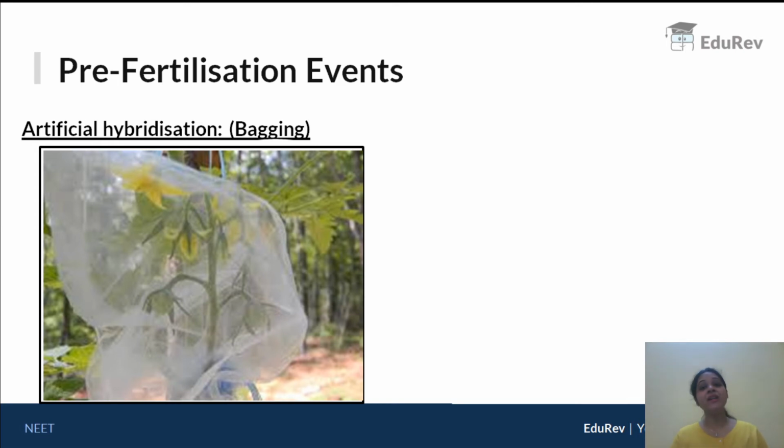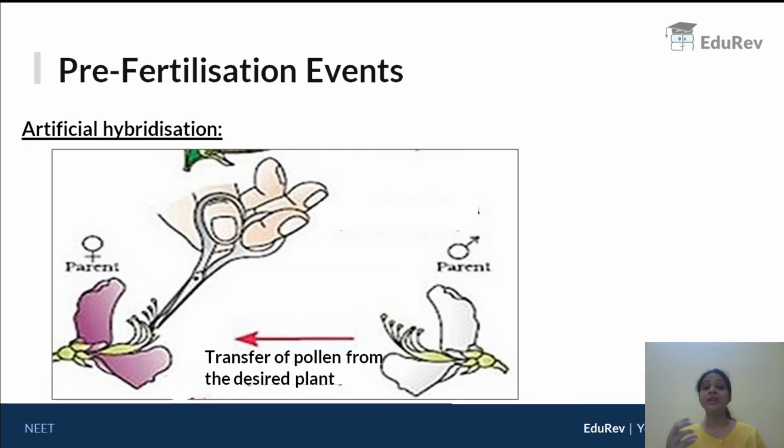In other words, until the gynoecium is fully matured. Now the moment the gynoecium is fully matured, you will transfer pollen from the white flower to the purple flower, because that was what you wanted to do. The moment you transfer pollen from the white flower to the purple flower, we again need to rebag the purple